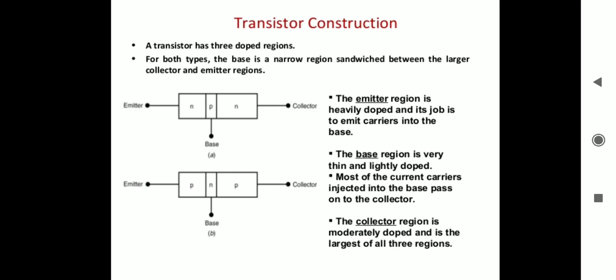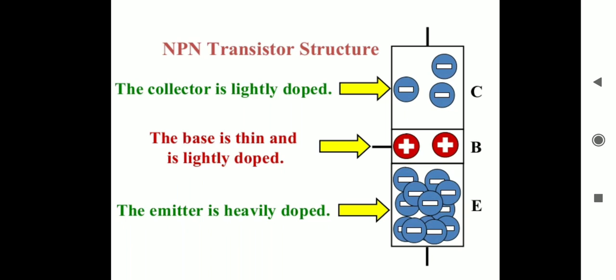Now with this, let us discuss transistor biasing in the active region. Biasing is the process of applying external voltage to the transistor. The two junctions in a BJT must be biased properly in order to operate it as an amplifier. A transistor cannot work unless an external DC power supply is connected to it.